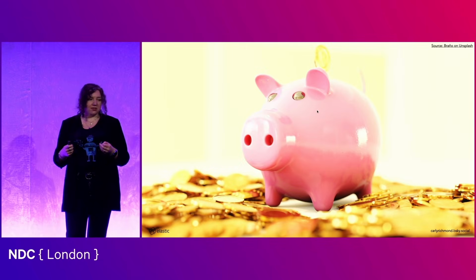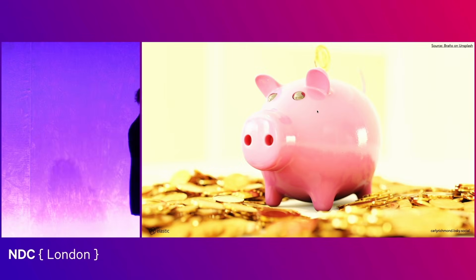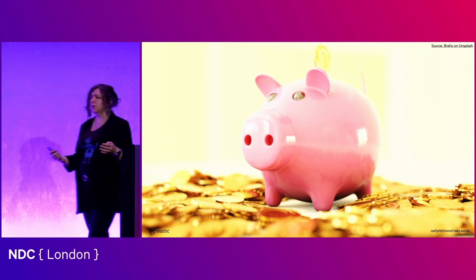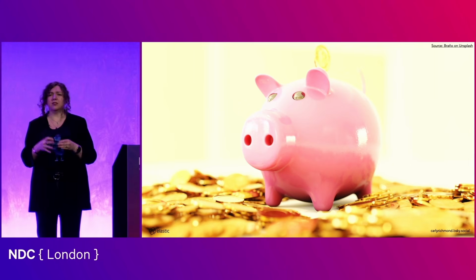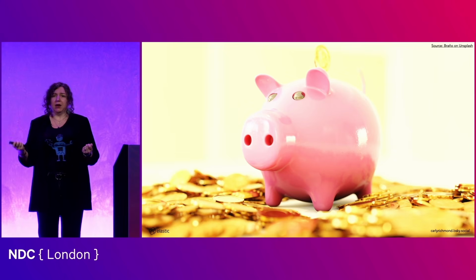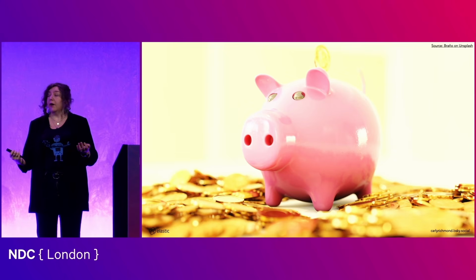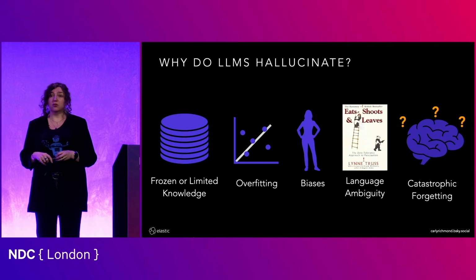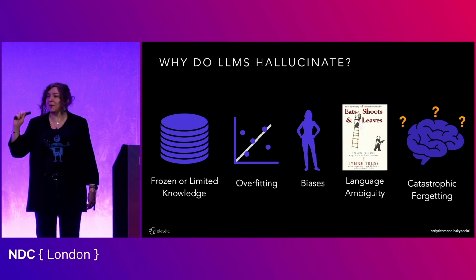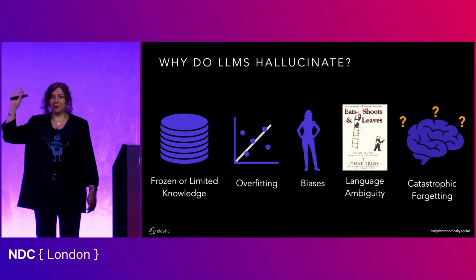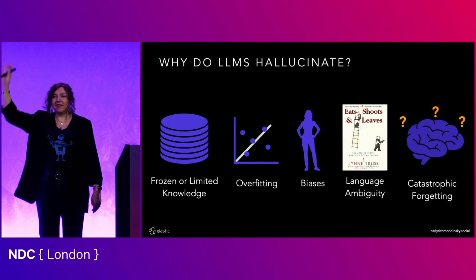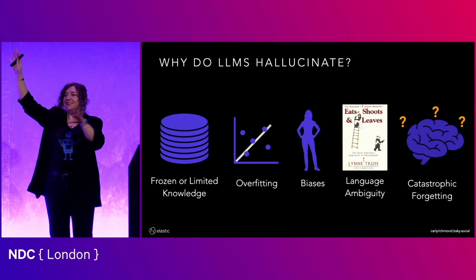Now, one of the things that people always talk about with regards to LLMs is tokens and costs. That's one of the reasons we need to keep the number of tokens down. It's about money, and that is indeed true. That's part of it. But part of it, as I alluded to when we talked about poisoning and other things, is that LLMs make stuff up and hallucinate. Who has had an LLM spit out something in the last few months that they've found to be incorrect or wrong? See how everyone's hand is up.